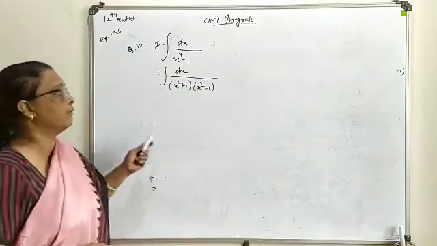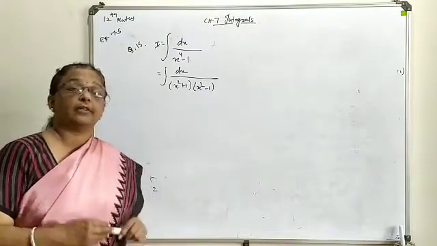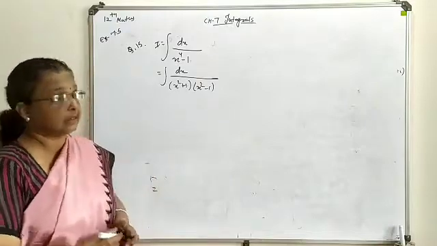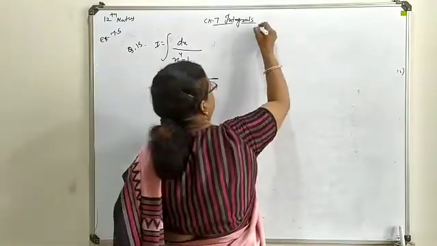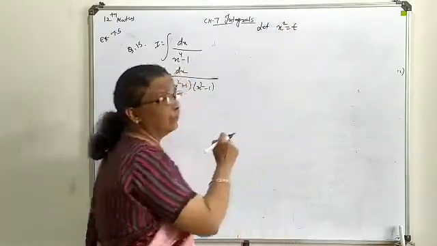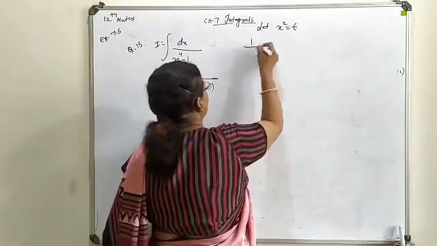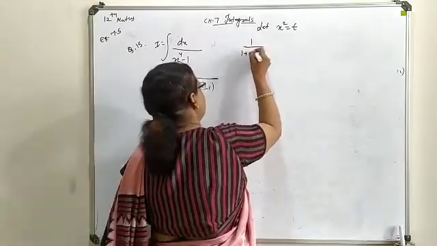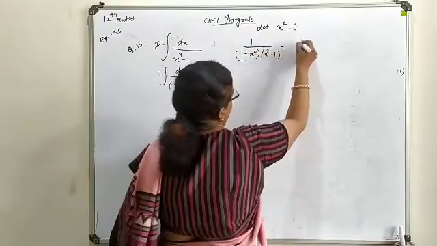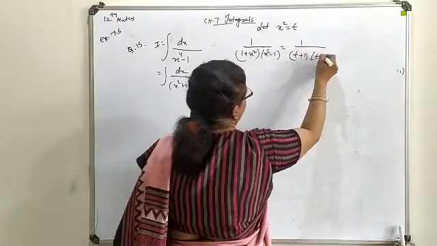Now this is the category where x square is to be replaced by t, and in t you find the partial fraction, and at last in terms of x only we will make the integration. So first of all, let x square equal t. No need to find dx or dt here. This is the main part of this question. So your question will be turned into 1 plus x square, this is x square minus 1, that you will write as 1 upon t plus 1 and t minus 1.